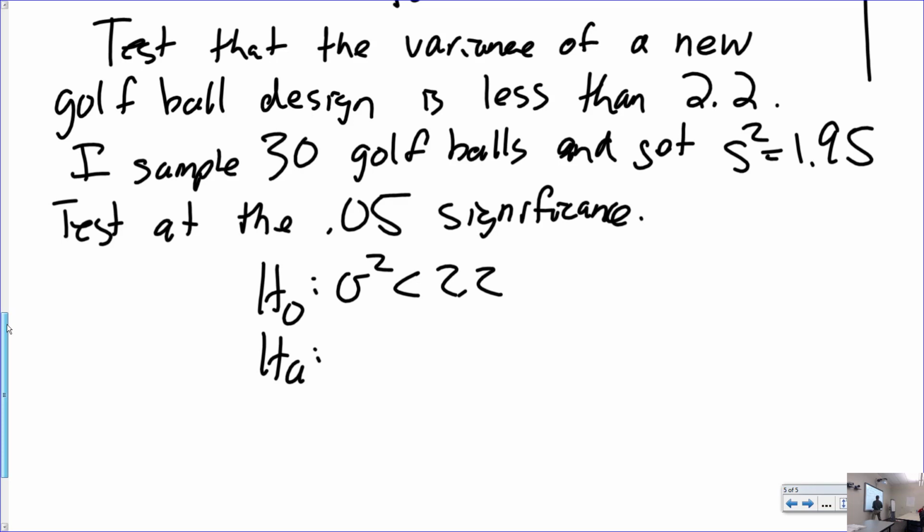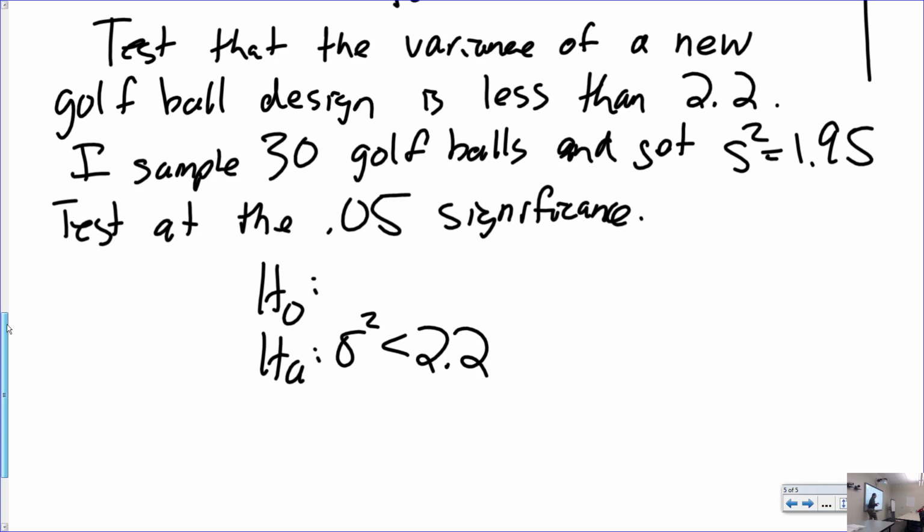So what am I trying to show? That's greater than. Right? Is that what I want to show? No, we want to show that it's less than 2.2. That's what we want to show. So where do we put the less than if that's what we want to show? So that's the Ha. And that's where you have to be careful, right? If it's something that I want to show or I want to be true, that's the Ha, okay? If I'm trying to disprove something that's assumed, then the assumption is your null hypothesis. So sigma squared is less than down in the Ha, the Ho,